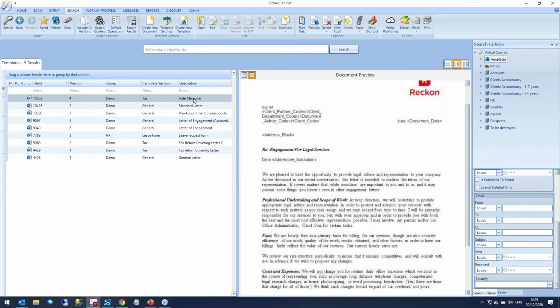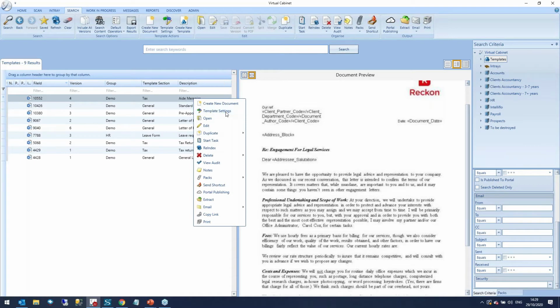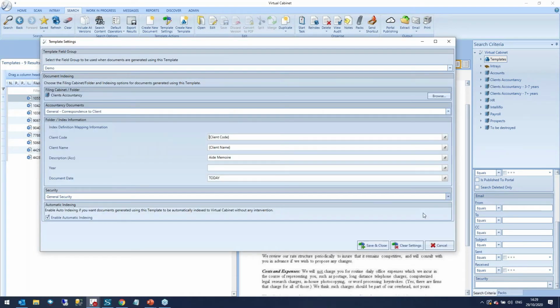Now, the bit that people often don't remember, what happens is when we install this for you, we'll put a few in there for you, we'll show you how to do it, and then someone else will come along and put in any other letters. You know, from your end, someone will come and put in any letters that need to go in there for use by everybody. So what people often forget is in here in template settings,